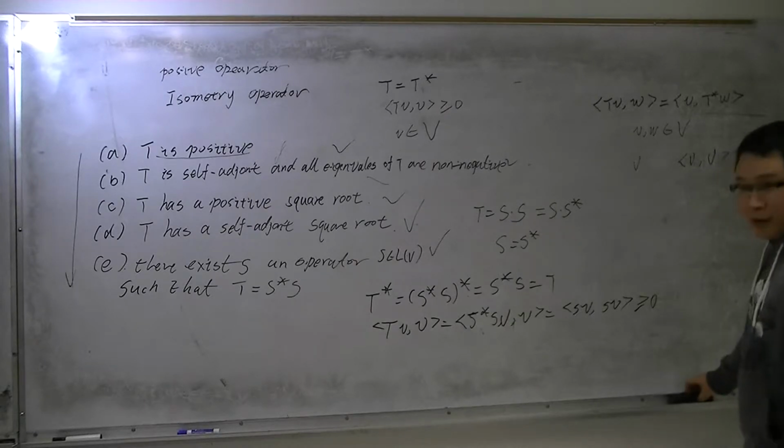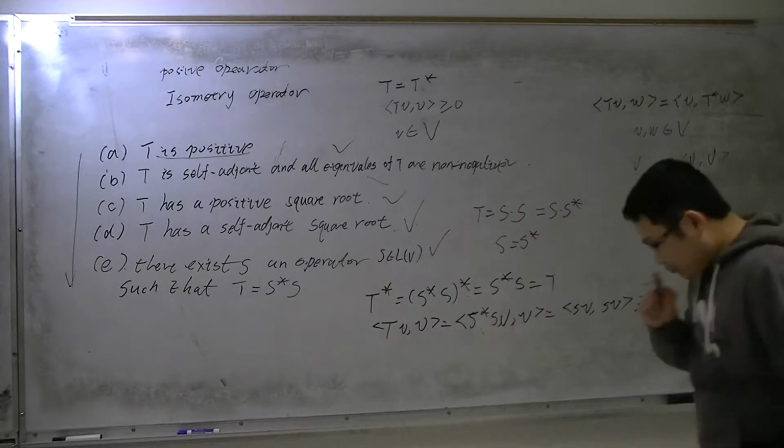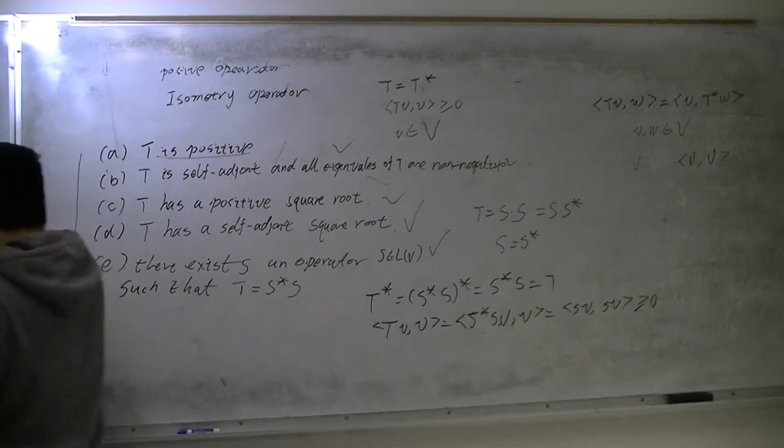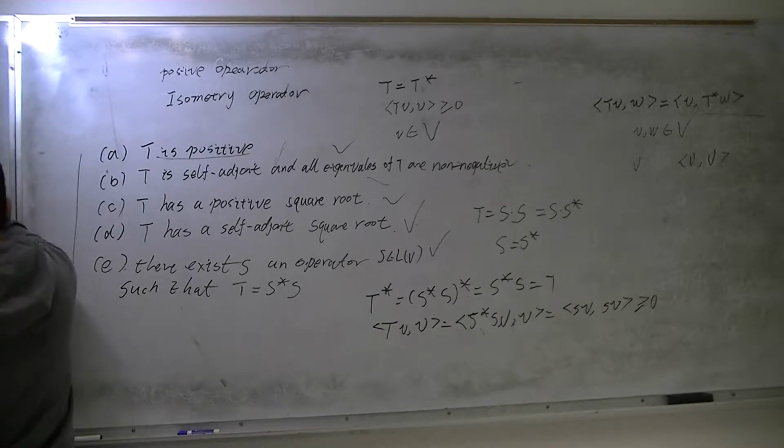Can you give some intuition for the definition of adjoint, self-adjoint? I mean, in matrices you have some. Yeah, self-adjoint is